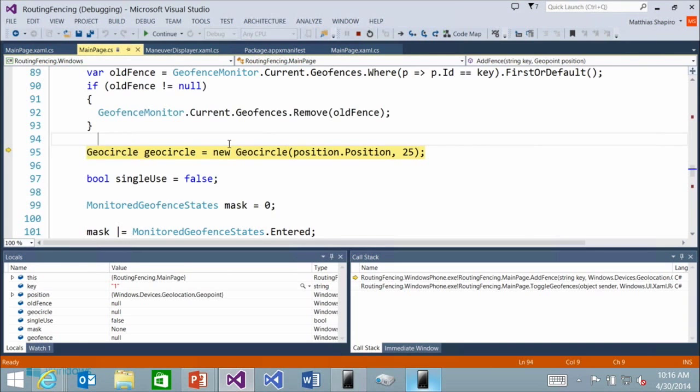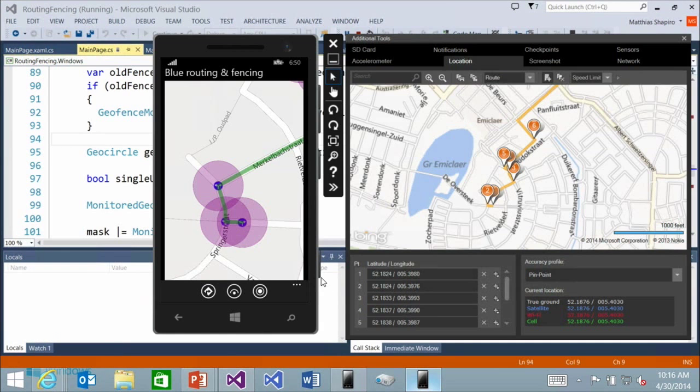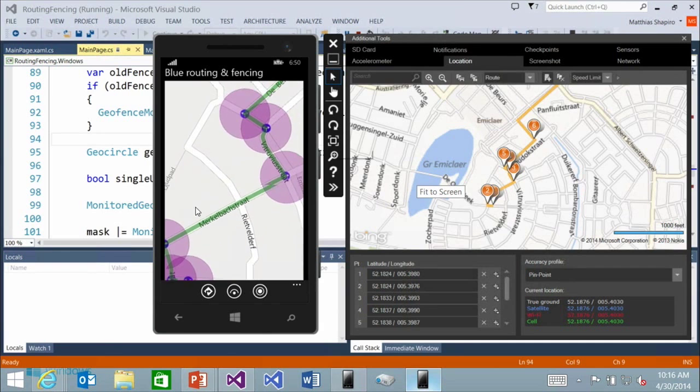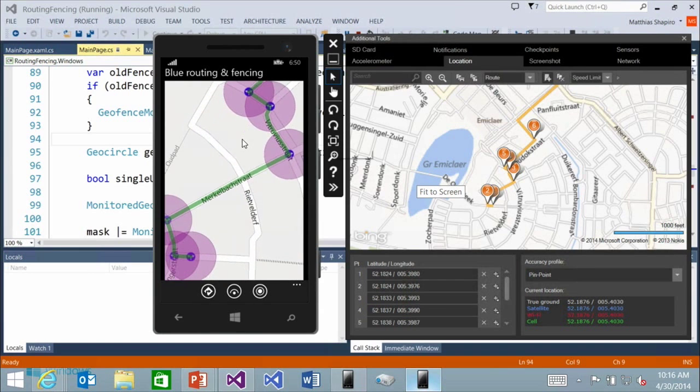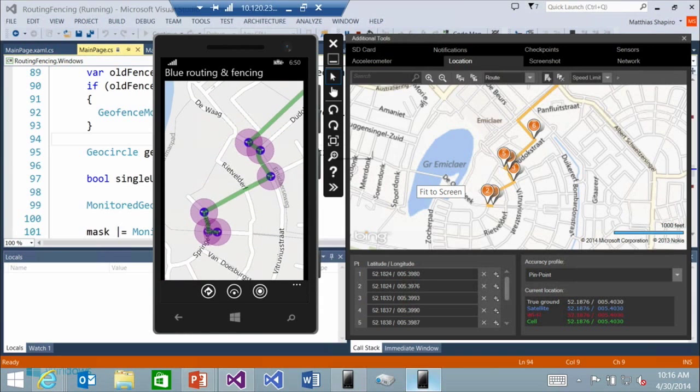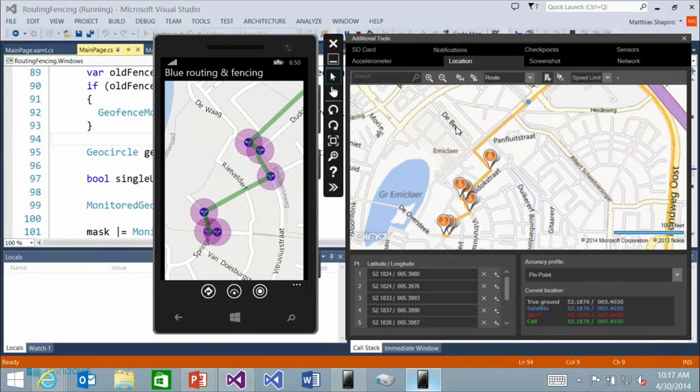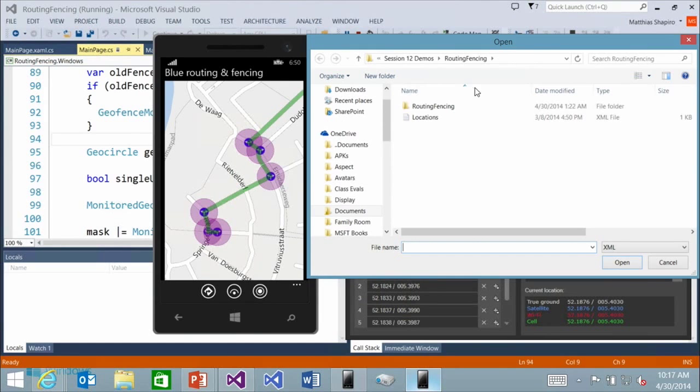So now that you've seen how we do it once, we're not going to follow that through for every single one. We've drawn circles onto the map here just so you can see where the geofences are. This is not default functionality, but we've done it for the purposes of this demo. Now we can load up a route that we want to go through, and we can load these map points from some pre-recorded data files.